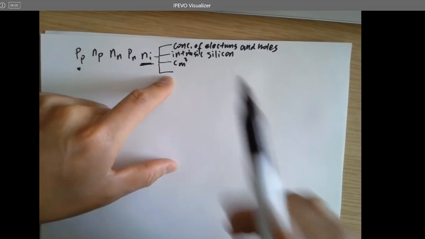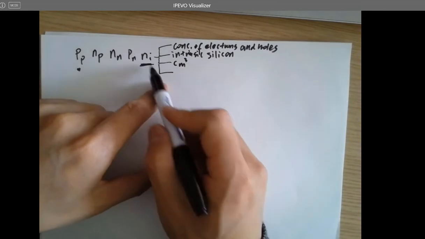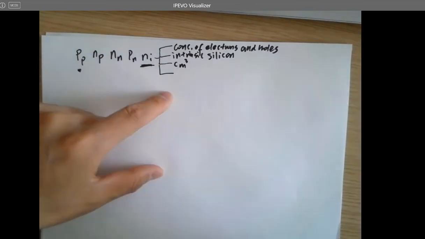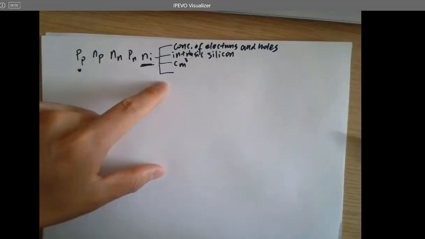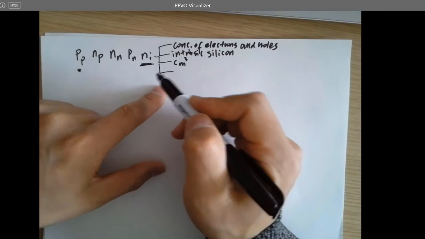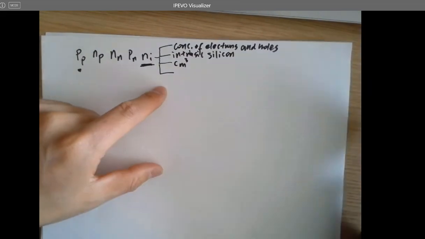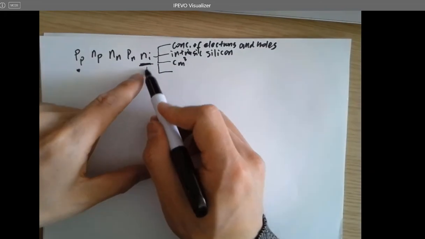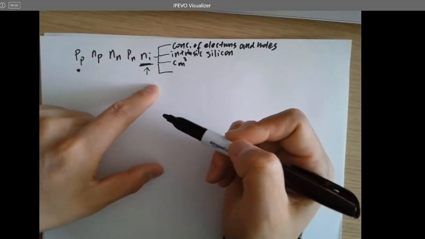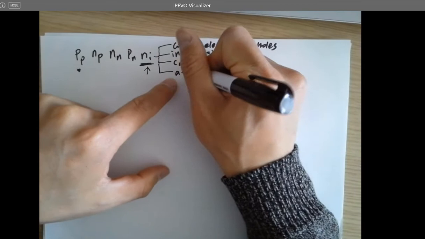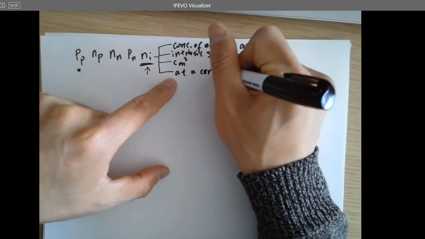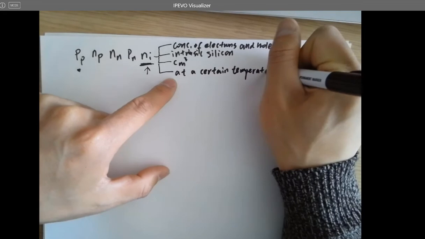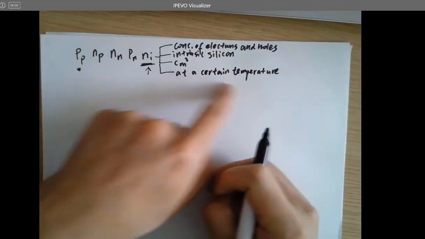So I was wrong last time. This should be at a certain temperature. You can have multiple different Ni's, depending on different temperatures. So at room temperature, it's going to be 1.5 times 10 to the 10th per cubic centimeter. But Ni, if I'm just saying Ni, is at a certain temperature. And when it's room temp,